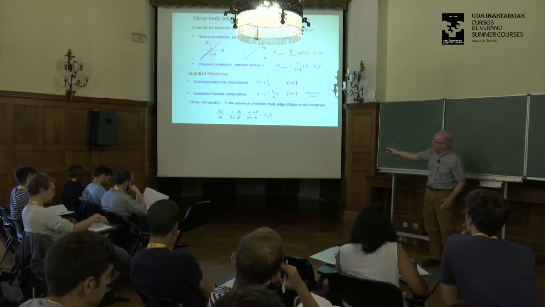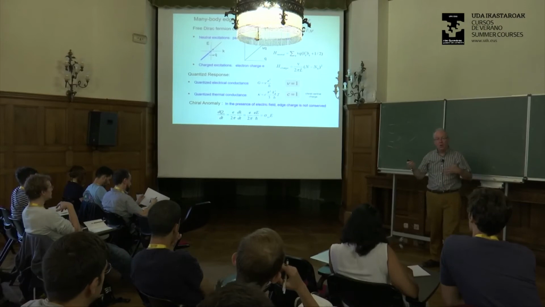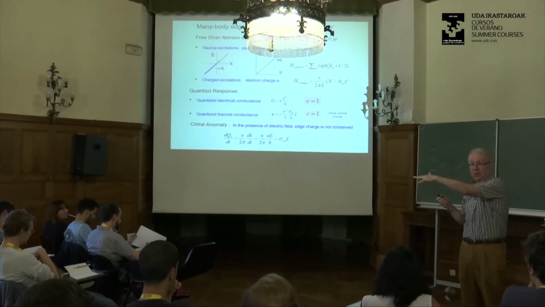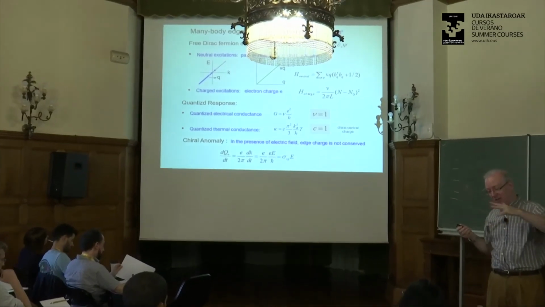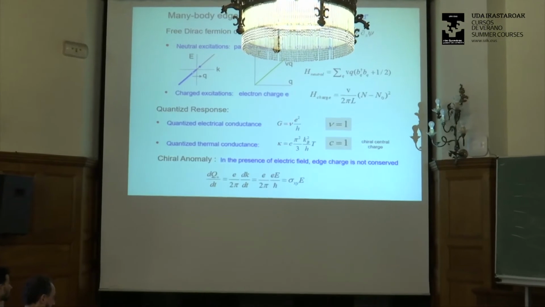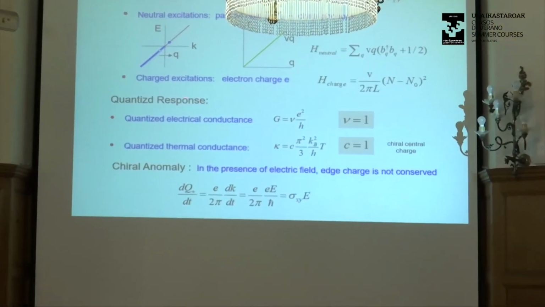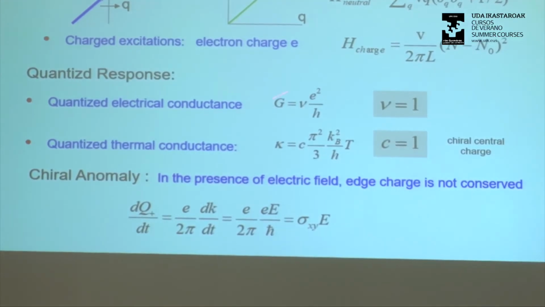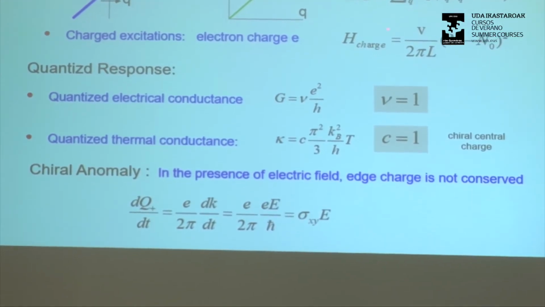Okay, so one has a quantized electrical conductance. In terms of free fermions, we think of the electrical conductance as being like the transmission of the free fermions. And since these chiral edge states have perfect transmission, that gives us a perfect e squared over h conductance. One can also think about the quantized electron response in terms of the many-body formulation. But in either case, this quantized conductance is robust.